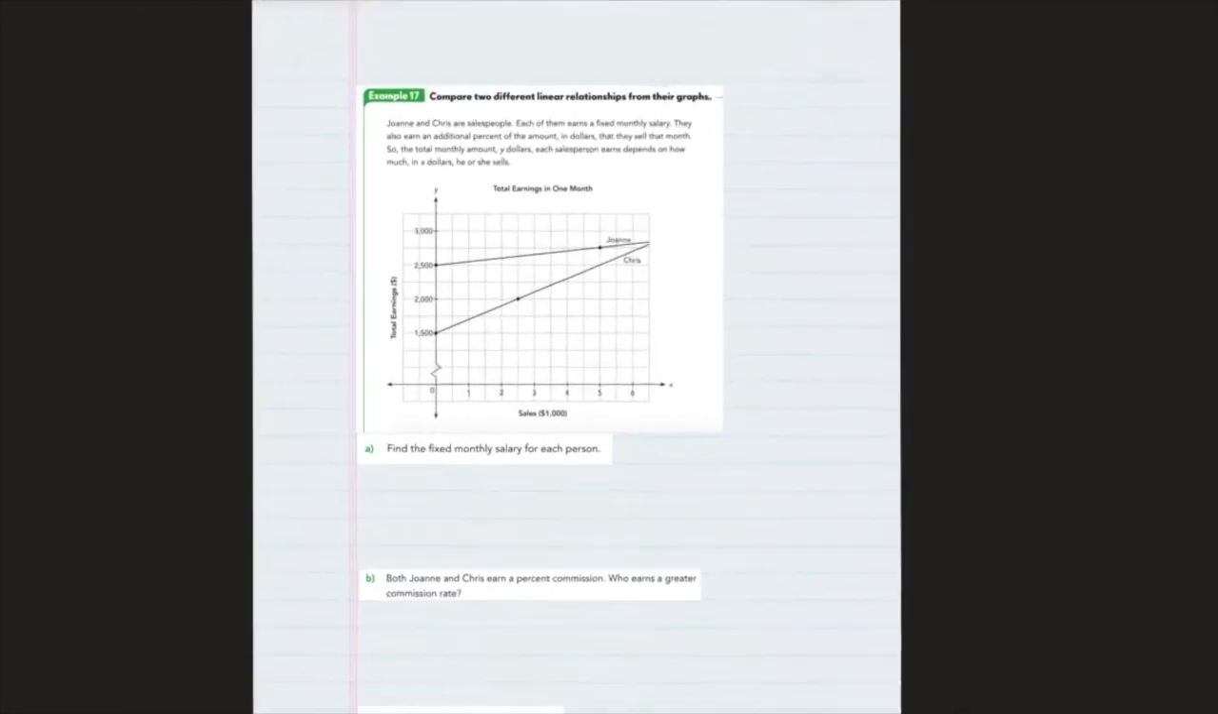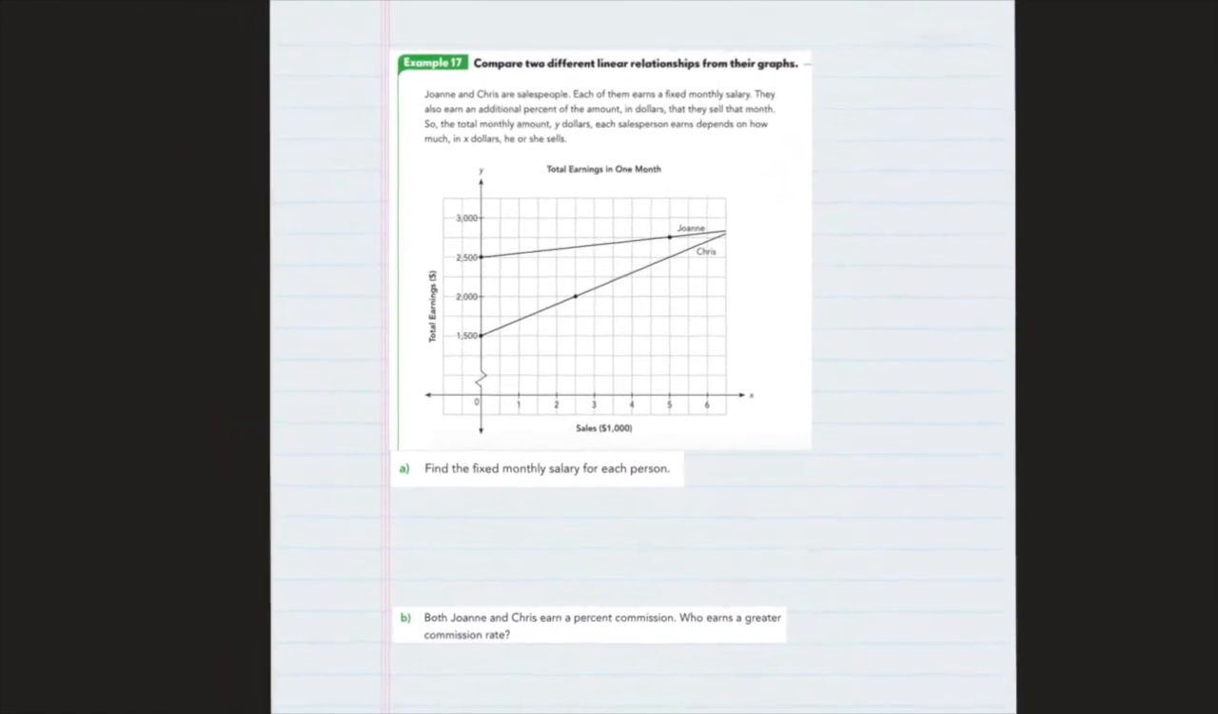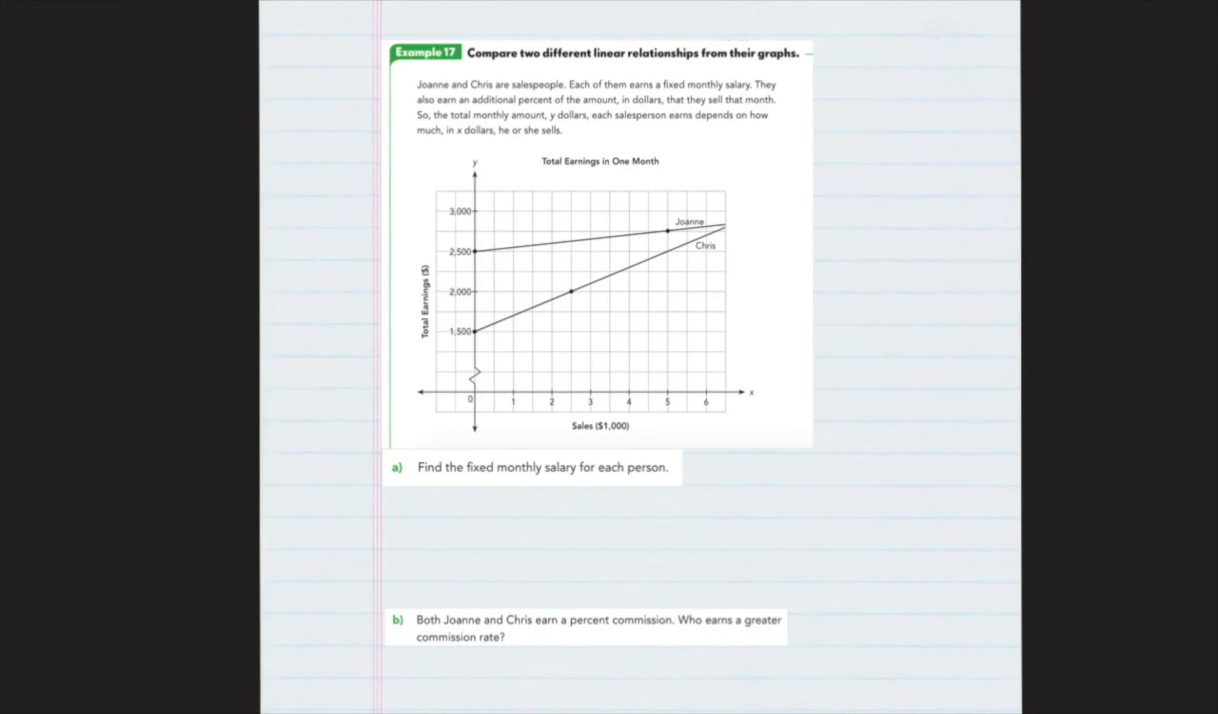For this example, we're comparing the two different linear relationships from their graphs. So we have two different people. We have Joanne and Chris. They're each salespeople. Each of them earns a fixed monthly salary. They also earn an additional percent of the amount in dollars that they sell that month. So the total monthly amount, which is Y dollars, each salesperson earns depends on how much in X dollars he